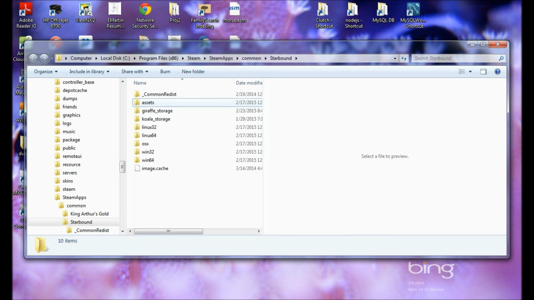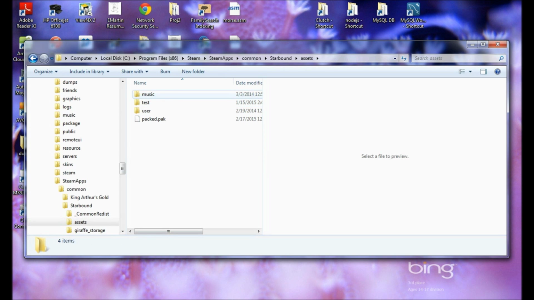You can go to Assets. And first, when you go to the Assets folder, there won't be anything in any of the folders. That's because all of your assets are packed up in this packed.pack file. Now what that means is all of the game files, there's a ton of them and they take up a lot of space. So what the devs have done is they've compressed them all down into one big condensed file that the computer knows how to decode and read,